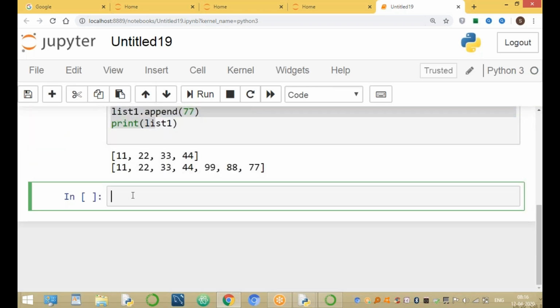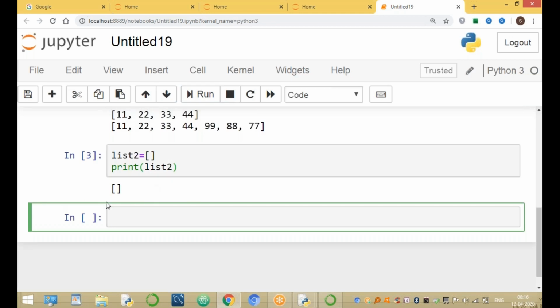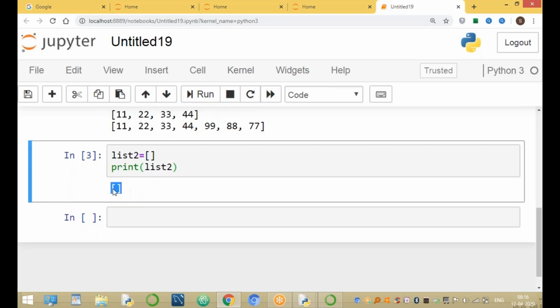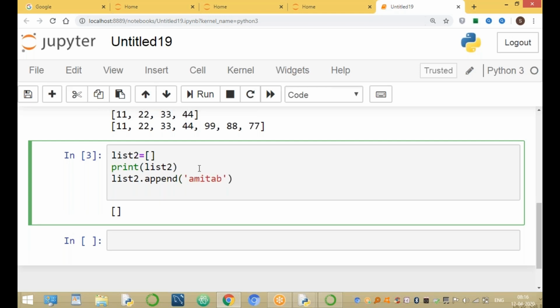For example, list 2 equals an empty list, and print the value of list 2. The original value of list 2 is an empty list. Now insert elements: list 2 dot append of, for example, Amitabh, the famous Bollywood hero.